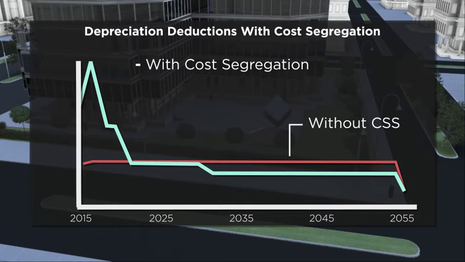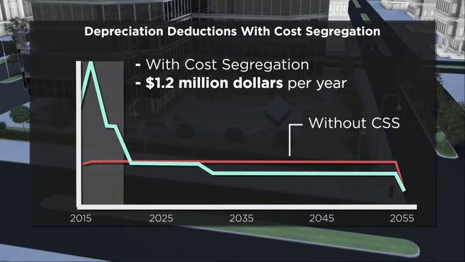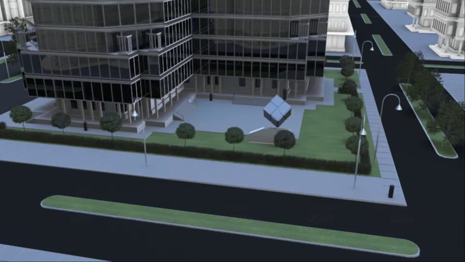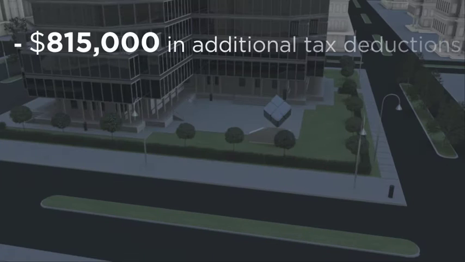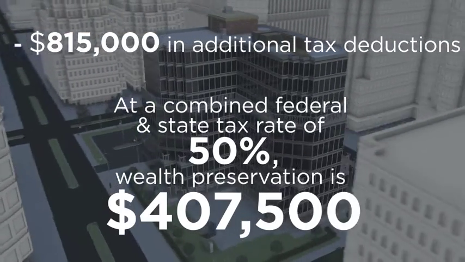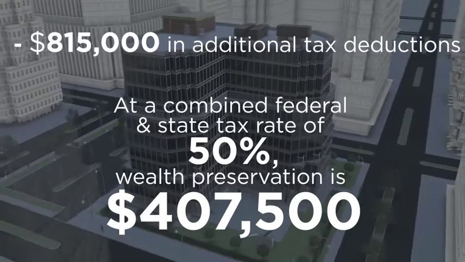With cost segregation in this example, the investors of the building will have accelerated tax deductions of over $1.2 million a year for the first 5 years. Without this study, the same investors would only be able to take $385,000 in tax deductions. This equates to $815,000 in additional tax deductions, and at a combined federal and state tax rate of 50%, the wealth preservation is